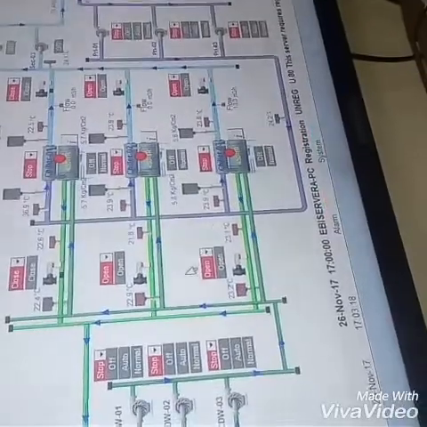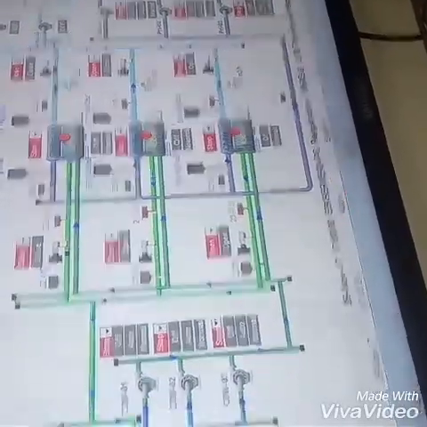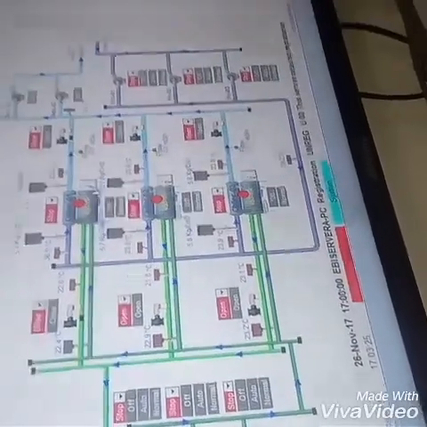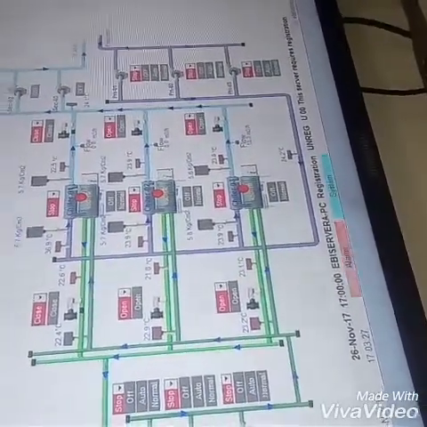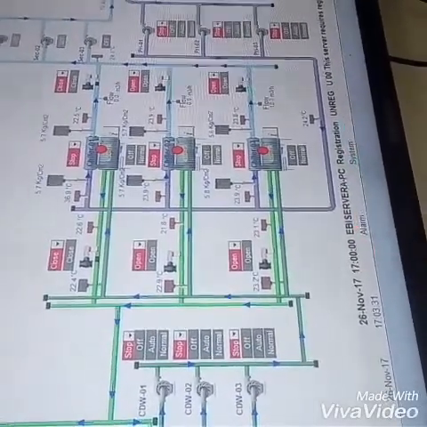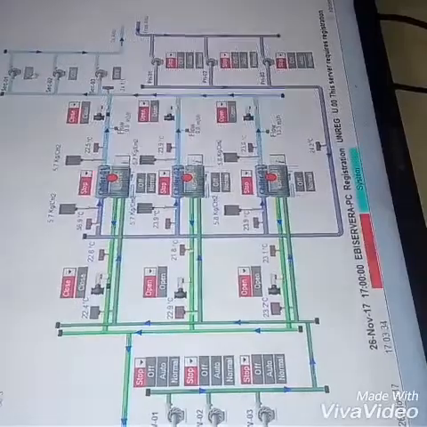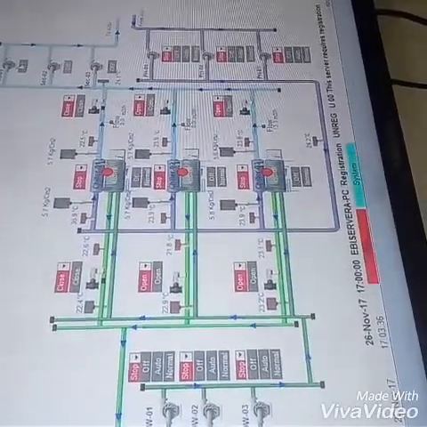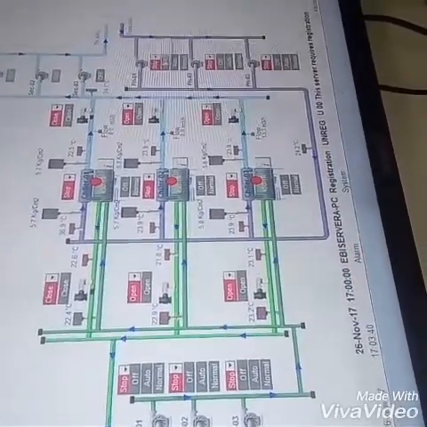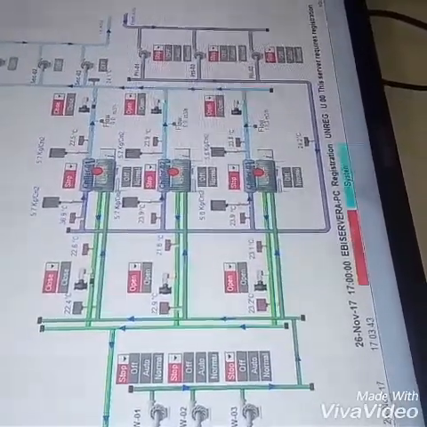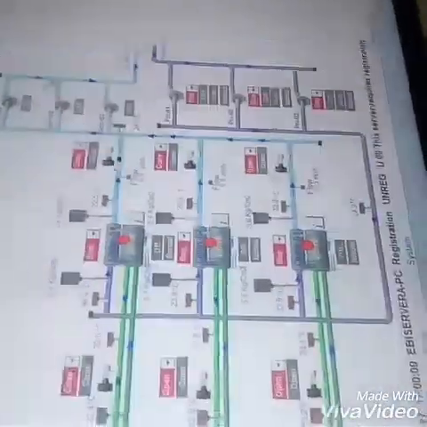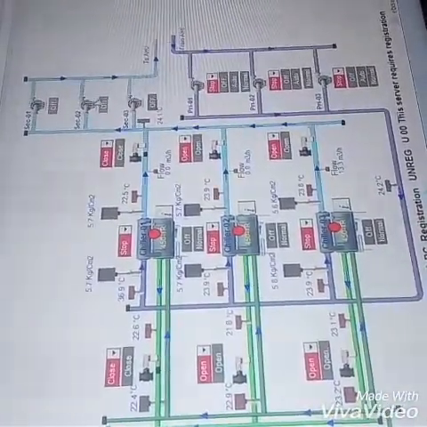Okay. Now we have 3 chillers. Each one is 450 TR. Here the secondary pump is there. I will show you the secondary pump. All are in the chiller plant, but it shows here only the diagram. These are all in off condition. Here the primary, and these also are in stop condition. When it runs, it will show you that it is moving slowly.